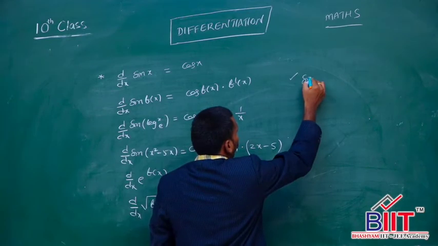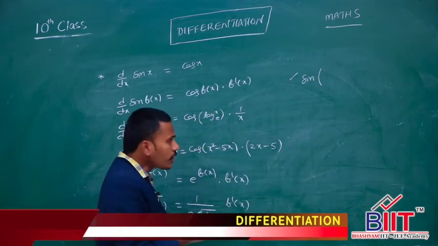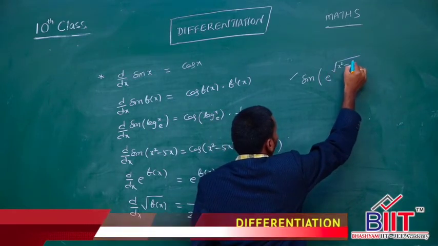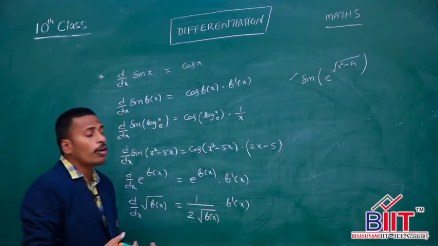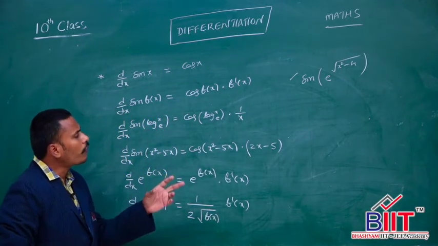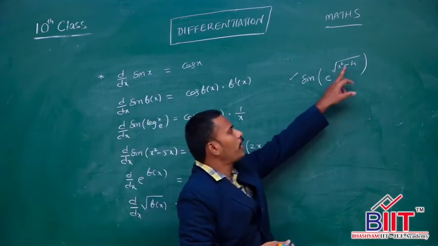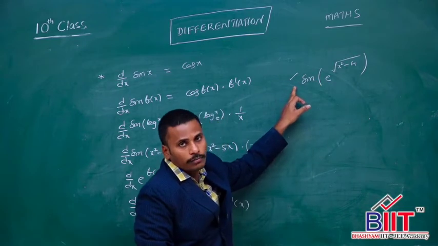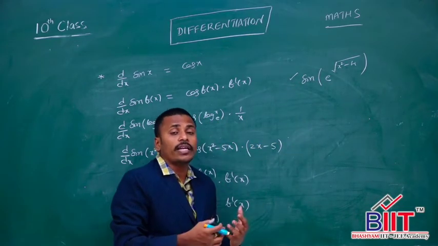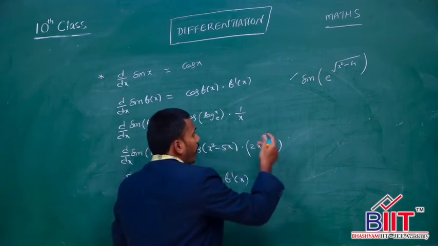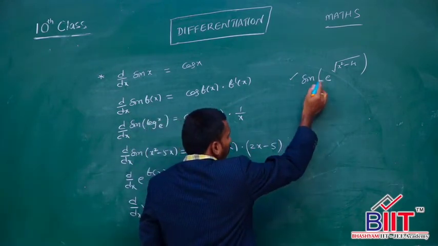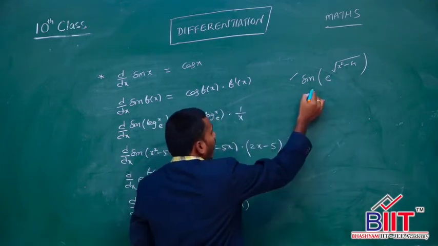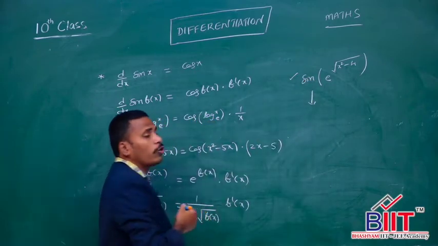You just have a look. Suppose you wish to find the derivative of sine of e power root of x square minus 4. What is the derivative of this function? If you observe, different functions are involved here. x square minus 4 is algebraic, square root is involved, e power is involved, sine is involved. While calculating the derivative, you need to apply the chain rule. First thing is sine, and this total e power root x square minus 4 works like an input for this sine. So while calculating the derivative, first of all write the derivative for sine, which is cos.